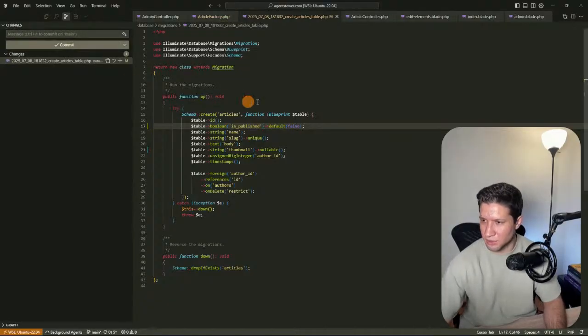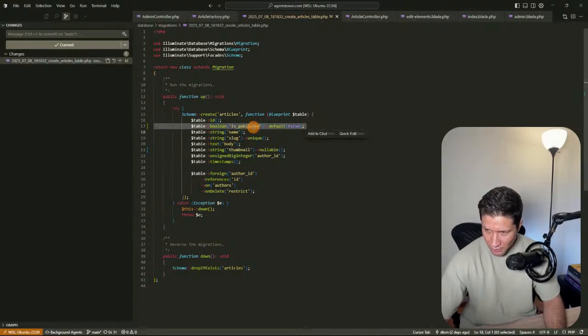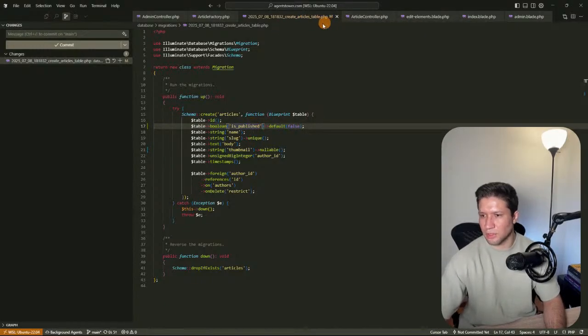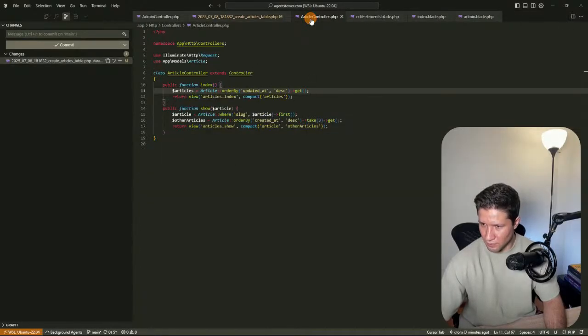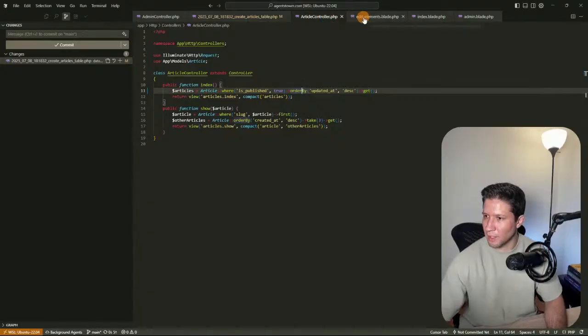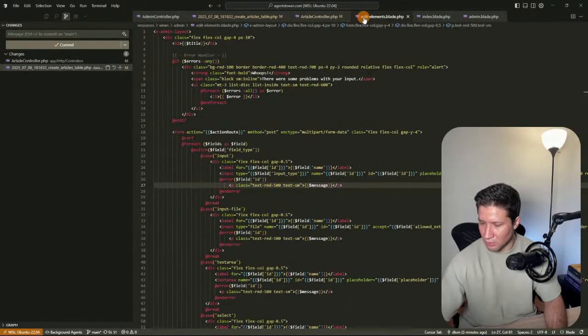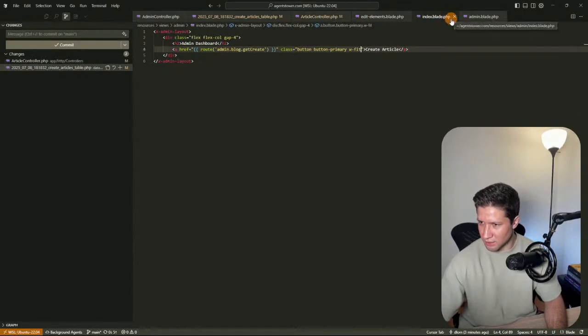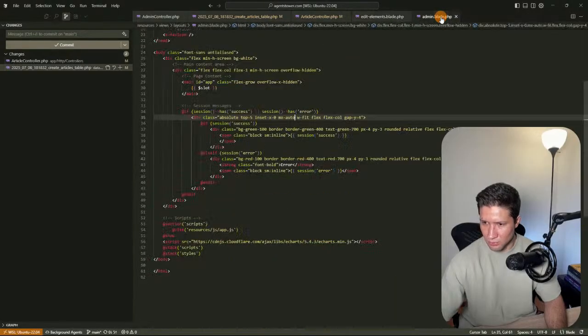Okay, so let's commit the changes. So now I need to add this column to the query, so for example, in here I need to add a where, sorry, is published true. Okay, so now I need to add this field to